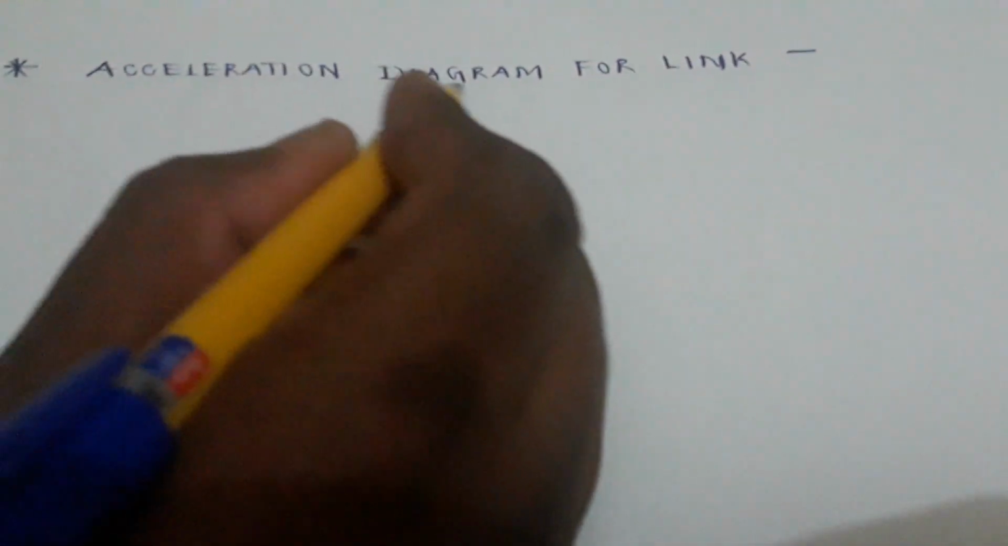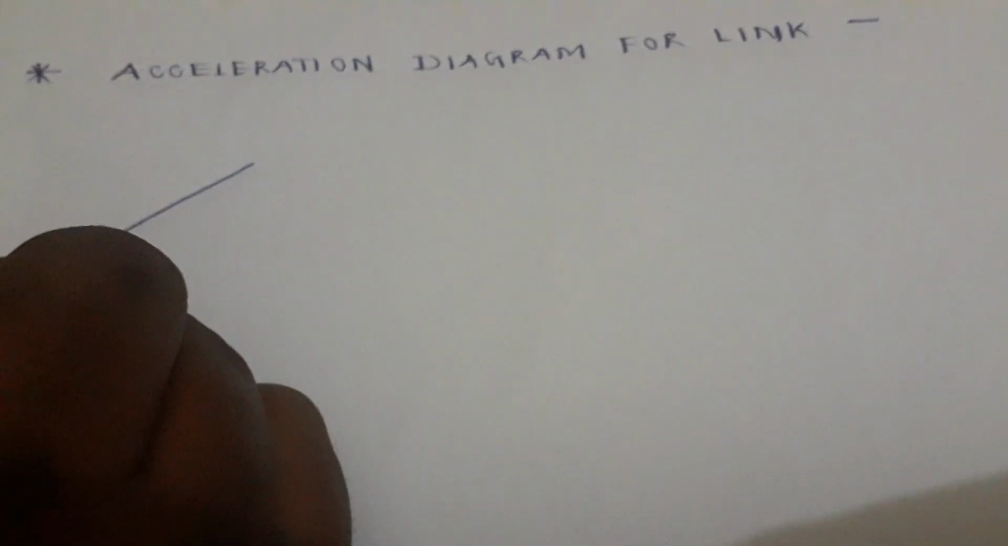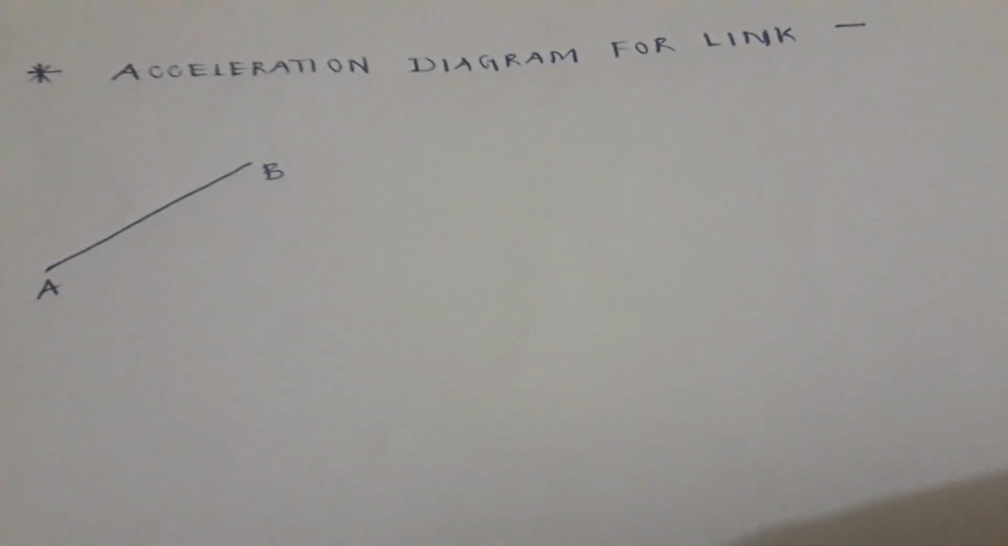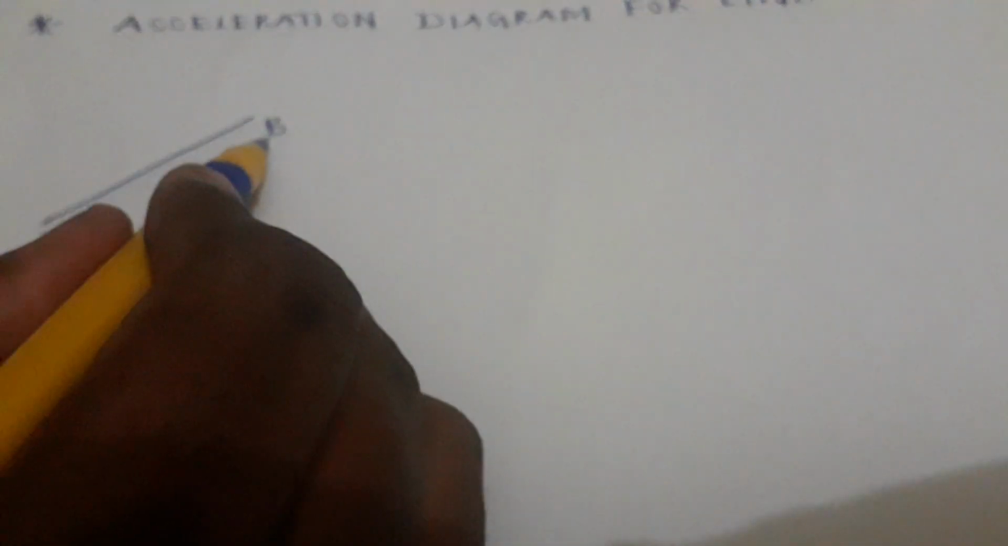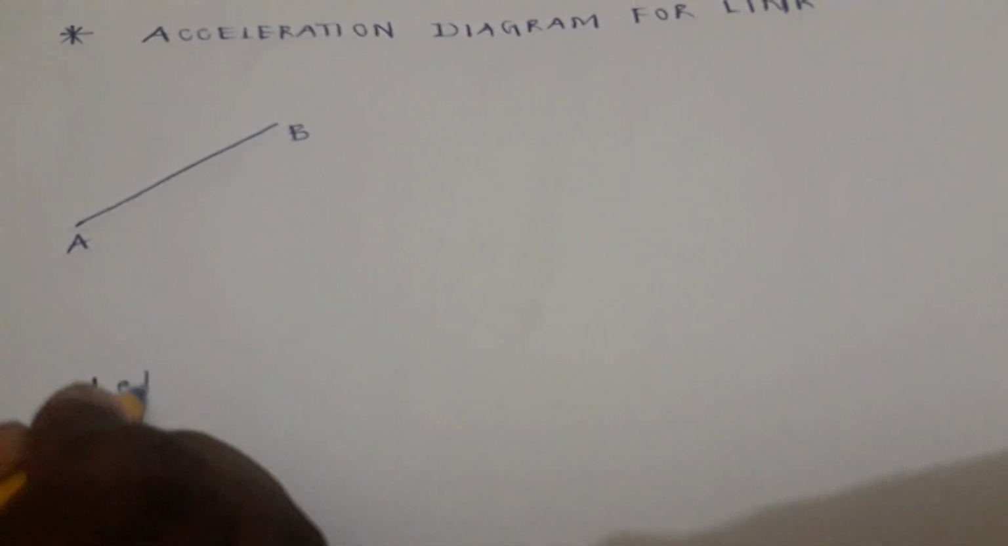In this video, we are going to discuss the acceleration diagram for a kinematic link. Let us consider a link having end points capital A and capital B. Let this point B be moving with respect to the point capital A. As this particular point B is moving, let us consider